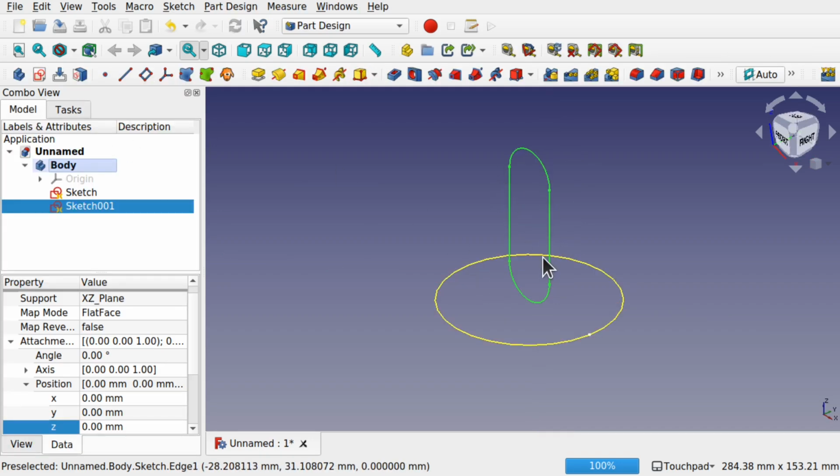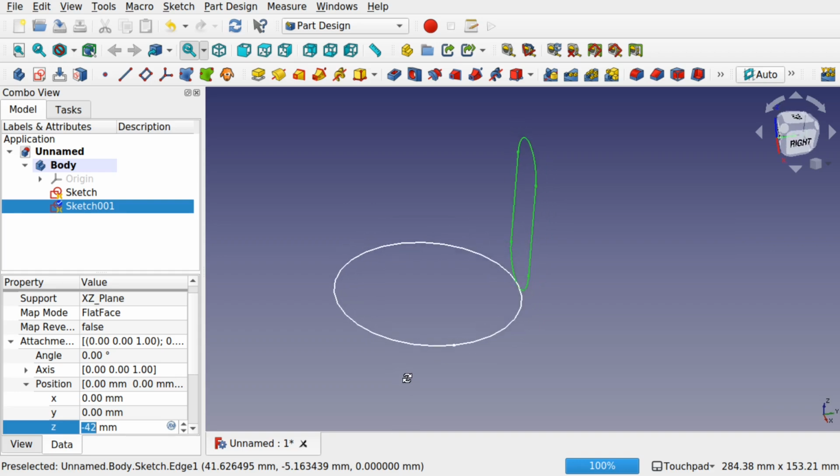So with sketches, the Z always runs normal to the sketch, so away from the sketch. So this is a sketch, the Z will be this way. So if I wanted to change this in this direction, we're going to be pushing it along the Z axis rather than the Y. You see the attachment is first in the data tab, and that's because it's been attached to that plane. So run this way. So we're doing a normal